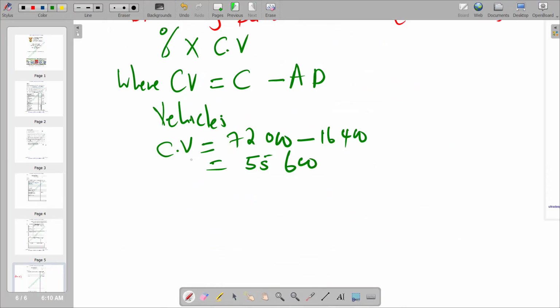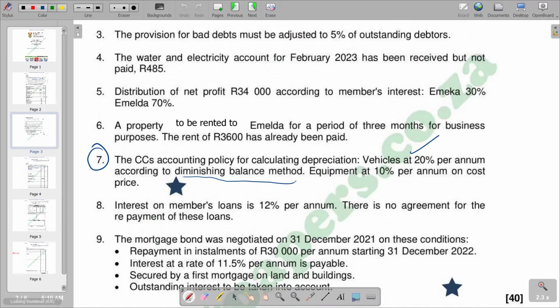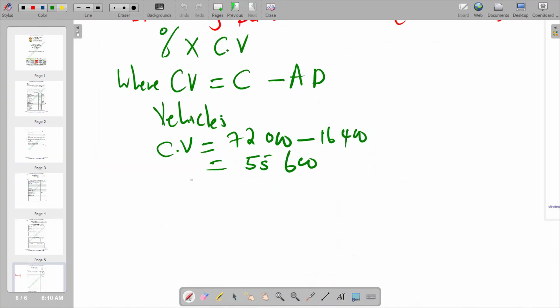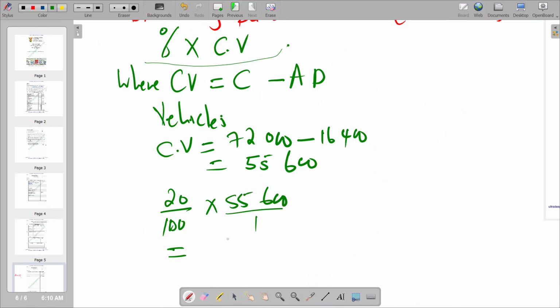So for our depreciation, remember the rate that we are using is 20%. So we are saying 20% is 20 over 100 times 55,600. Remember, 55,600 is the carrying value. So we are now employing the formula that we have here. You can just try to calculate, and you're going to get 11,120. So this is going to be the depreciation